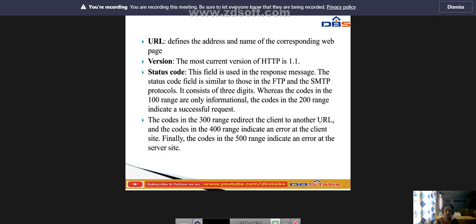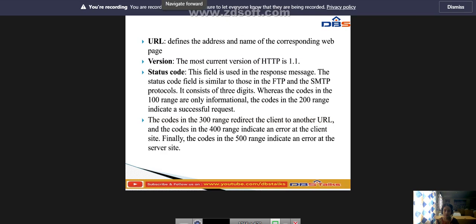The codes in the 200 range indicate a successful request. The codes in the 300 range redirect the client to another URL, and the codes in the 400 range indicate an error at the client side. Finally, the codes in the 500 range indicate an error at the server side. So this is called the status code.